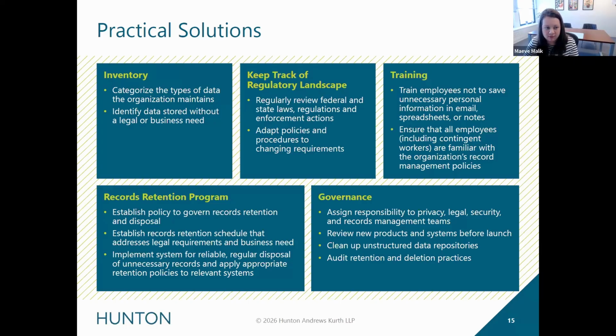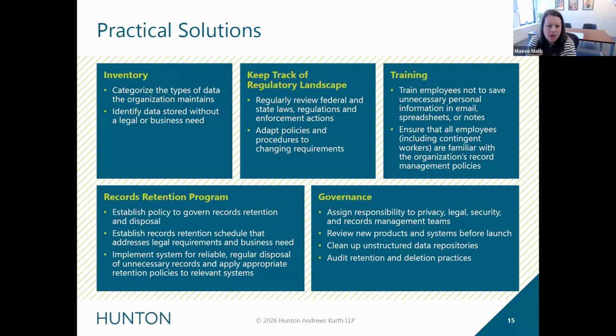And this is not a small task. We fully recognize that this can be overwhelming, but if you take it incrementally and start with the core systems that are sort of the crown jewels of your organization and figure out what they include and how far back that data goes, that can be a really good place to start. And then you can sort of look toward the ancillary or legacy systems,